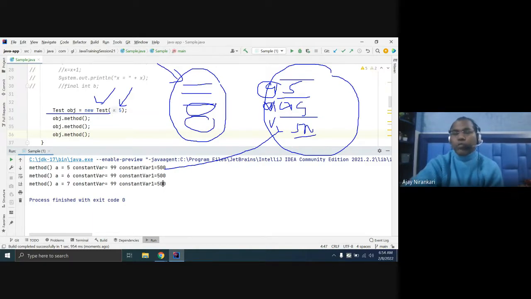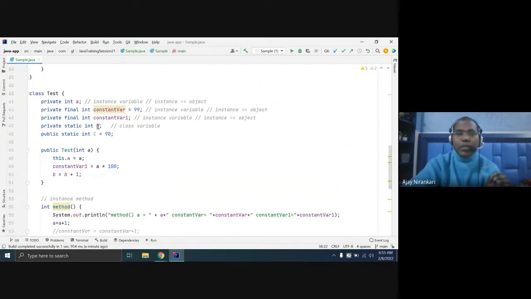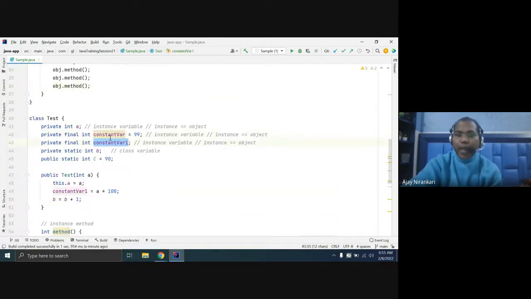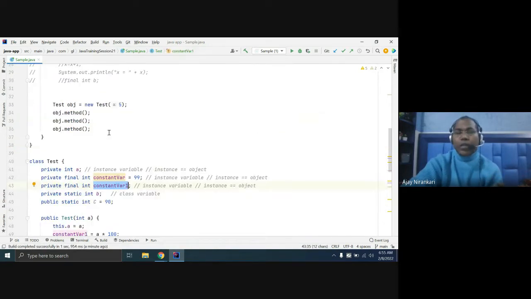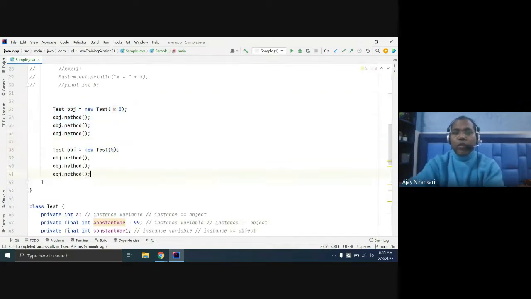So whenever you are creating any instance variable as final, that means for a specific object, this is the final. Here you can create two objects of this. You are creating the final for object 2. Let's pass 7 here.